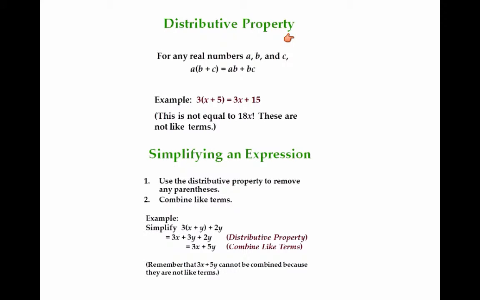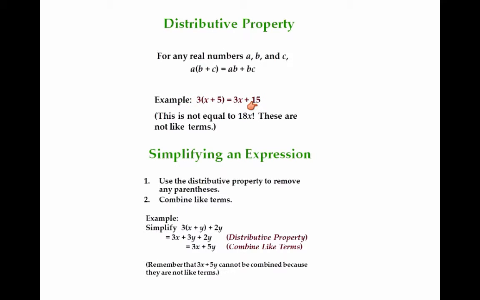Distributive property. For any real numbers a, b, and c, we have a, then open parentheses, b plus c, close the parentheses. You can write this as ab plus ac. You can distribute that. So this would be an example. If I have 3 outside of parentheses, I can distribute that and write it as 3x plus 3 times 5,